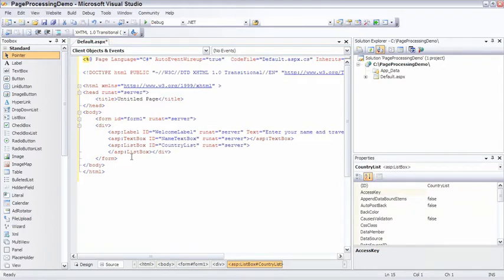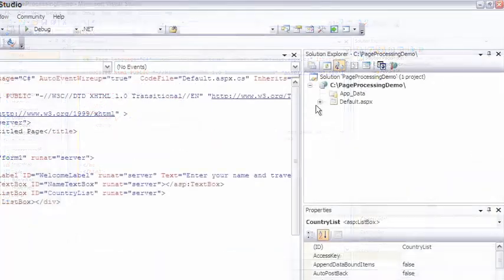Imagine, for example, the scenario where the countries that we want to add to our list box aren't known at development time. Maybe it's going to change every time we run the application. Maybe we need to get the list of countries from a database, or maybe we need to call a web service to get the data from some dynamic place. So rather than having fixed initialization, we're going to initialize the list box programmatically, and that means going back to the code behind file,